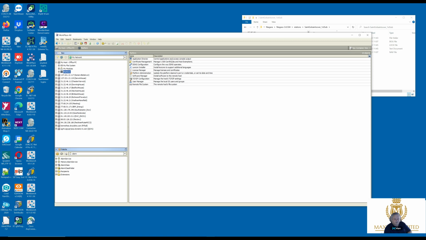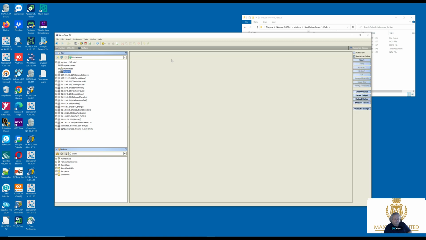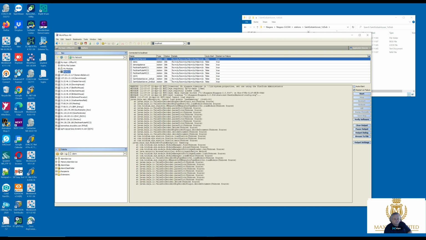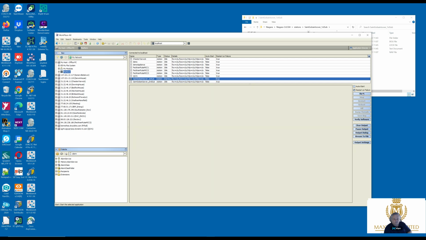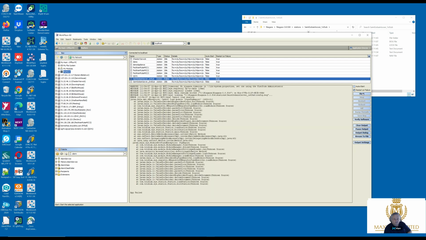Application director. And start the station. App failed. ftpReport, third-party module, which is not within the Tridium Niagara, and we don't have that module. So what I'm going to do now is minimize that